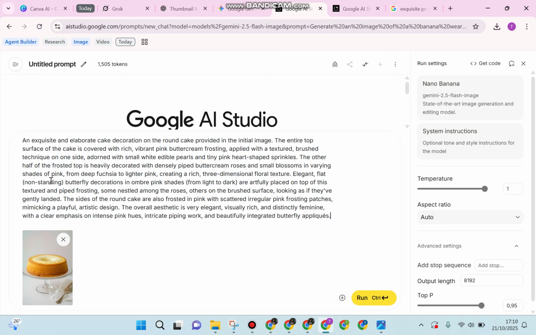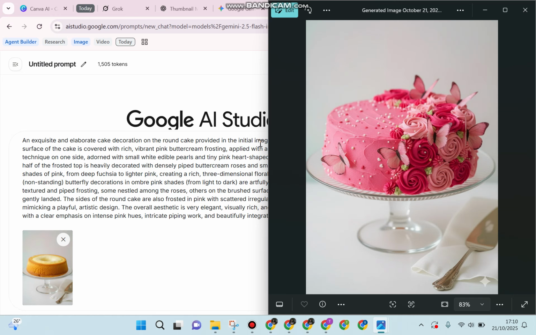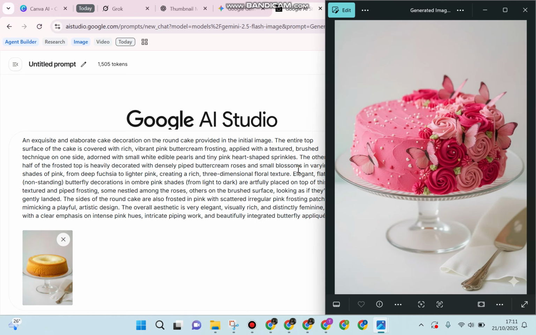Basically, the prompt would be like this: an exquisite and elaborate cake decoration on the round cake provided in the initial image. The entire top surface of the cake is covered with rich, vibrant pink buttercream frosting, and also applied with the texture brush technique on one side, and adorned with small white edible pearls and tiny pink heart-shaped sprinkles. So this is the look of the output,